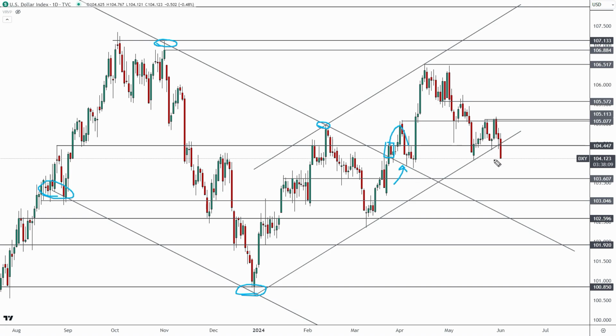So we could be looking at the market giving us a rounded retest, and furthermore, if you'll notice here, even though it's not really textbook in the sense that it's not occurring after an extended move up, we do have the potential here for a head and shoulders from the DXY. Okay, so if this does play out, we could see a move all the way down here toward the 102